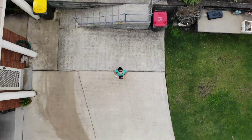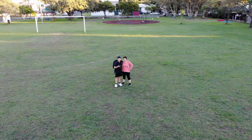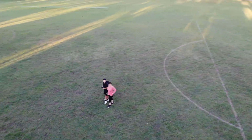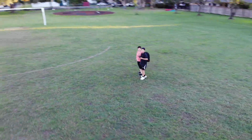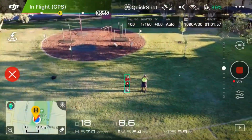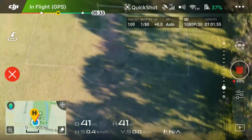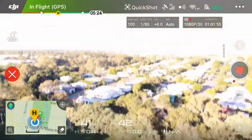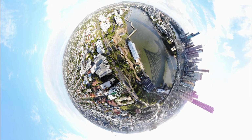Rocket, which just goes straight up and straight down. Boomerang, which is like a circle, however it goes out like a boomerang, comes out and then comes back in, like that one as well. Asteroid is one of the ones I've had the most fun with because it flies out like Dronie, goes out at a 45-degree angle, but then it takes a 360 panorama. The camera goes up and down as you saw in the example, and then it stitches it together to make a tiny planet effect, which I find pretty cool,